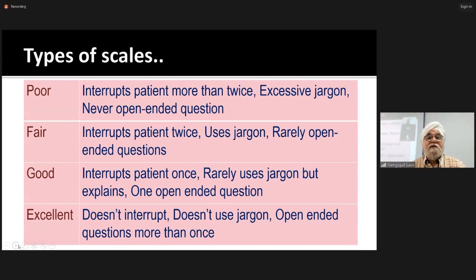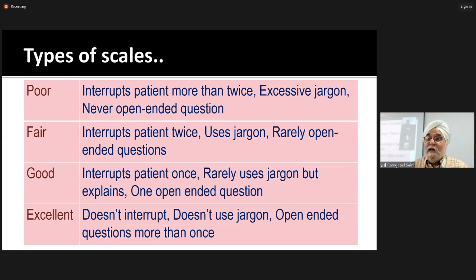Here you can see a typical example of a behavior anchored rating scale. So what is happening here is that in a usual Likert scale, you would have put it like this: poor, fair, good, excellent. In between, you might have said don't know. पर यहाँ पे हर बिहेवियर का एक डिस्क्रिप्शन दिया हुआ है. So, for example, if a student interrupts the patient more than twice or up to 2 times, one time, and doesn't interrupt. So this becomes little more